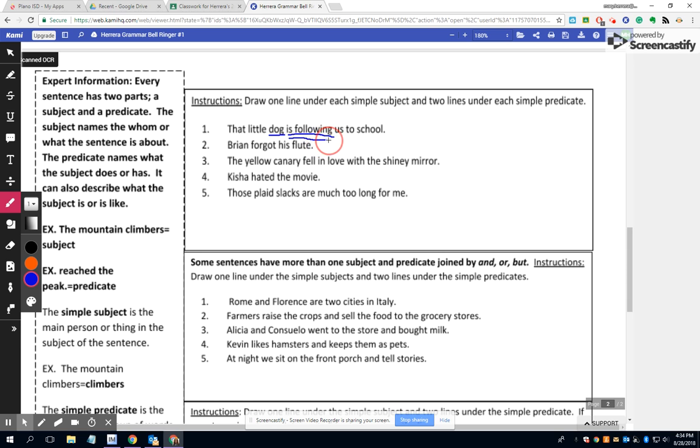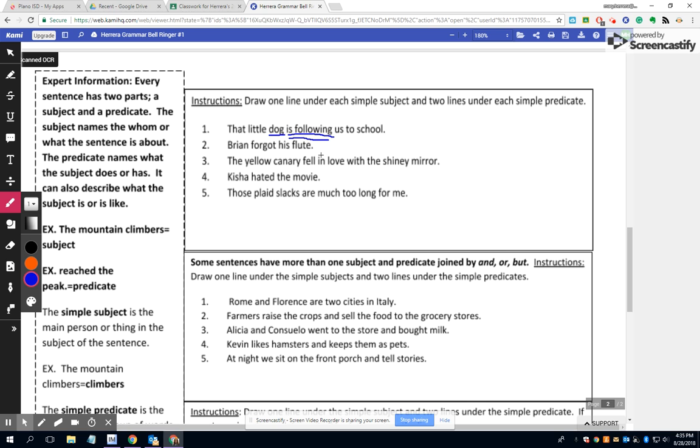This is a universal thing. The simple subject is always underlined with one underline. The simple predicate is always underlined with two underlines. Okay? Now these other words have names and so forth, but we are going to talk about those later on in the year. We don't want to overwhelm you with too much right now. So for sentence number 2,